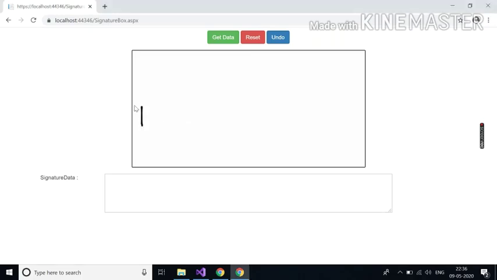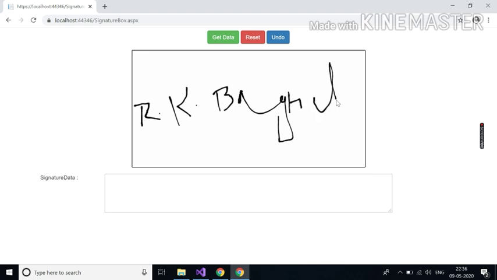Today we learn how to create a signature in a signature box using the signature pad and jQuery, and how to create the signature smoothly. First of all, as an example,